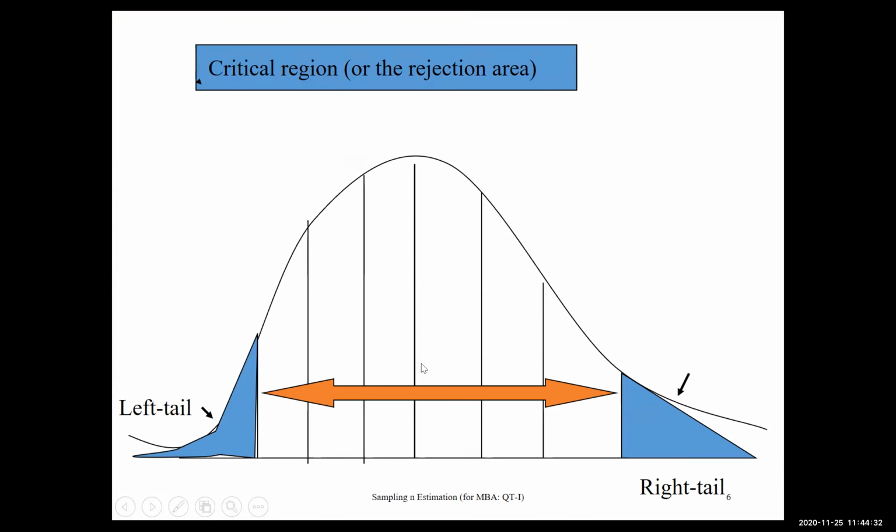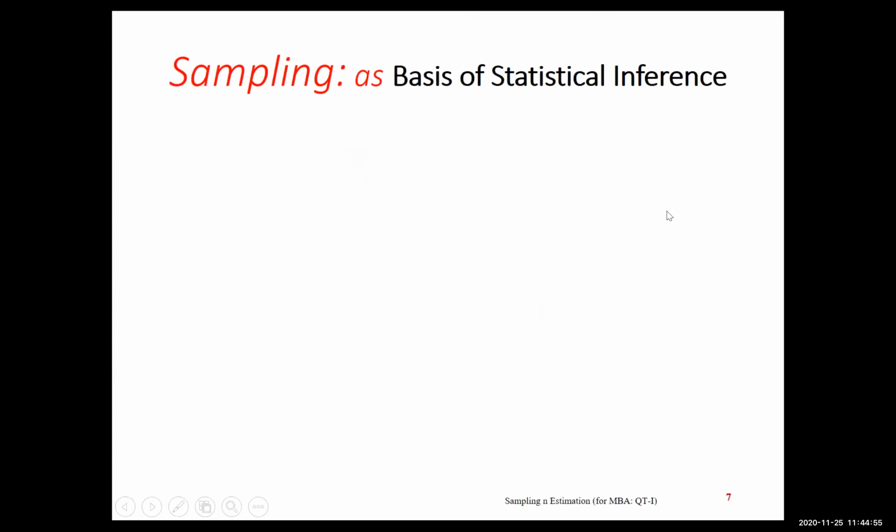So if it is 95%, both side blue areas together will be 5%. Is that clear? So this is what we call the critical region and the confidence limit. These are the opposite things. The white area is the confidence limit area, and the blue area is the critical region area. Okay. Now moving forward,